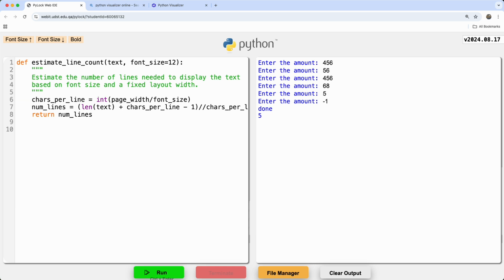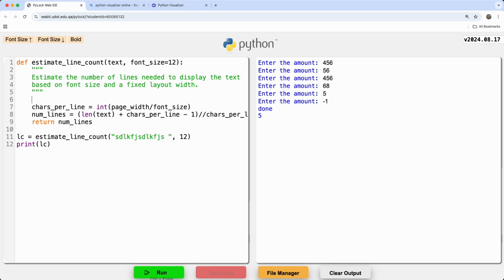I'm going to get rid of the global variable because I don't need it. And here we go. LC is equal to estimate line count. I'll pass in some text and a font size of 12, and I'm going to print LC at the end. And here, of course, is the point where I really need to work this out: if I print